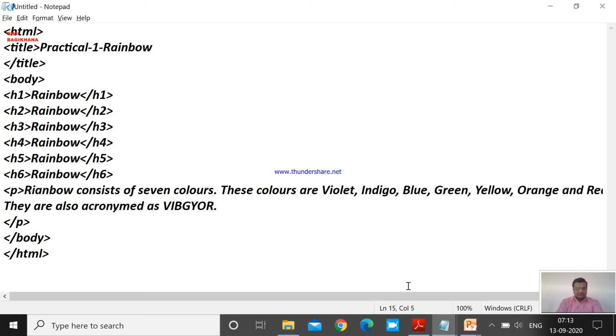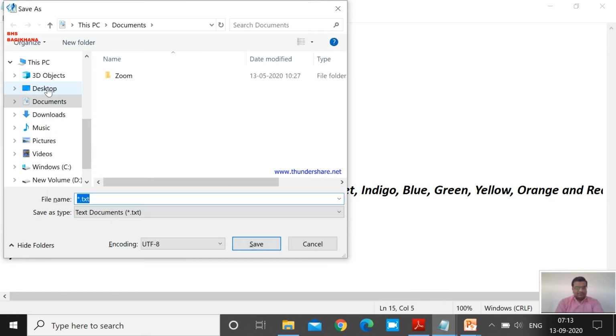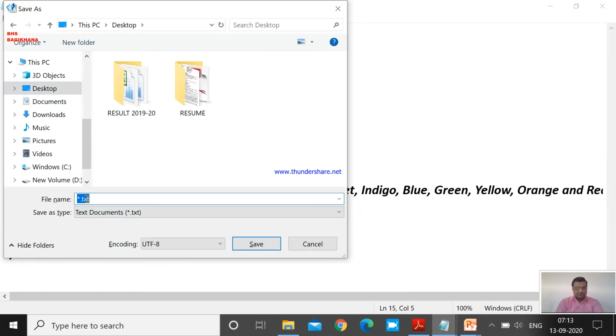After this, the practical is over now, so kindly save your practical with whatever name you want. This is practical 1, so I am giving the same name, practical 1. You have to give the extension for an HTML program with .html, so I am writing .html after the file name, right?